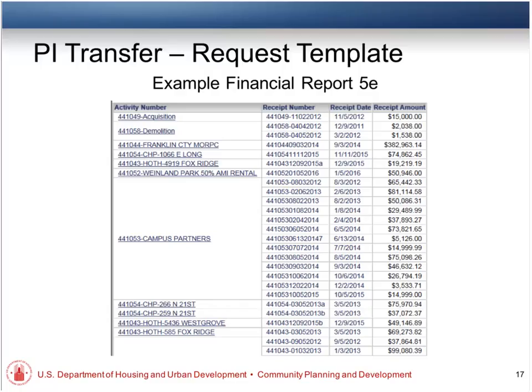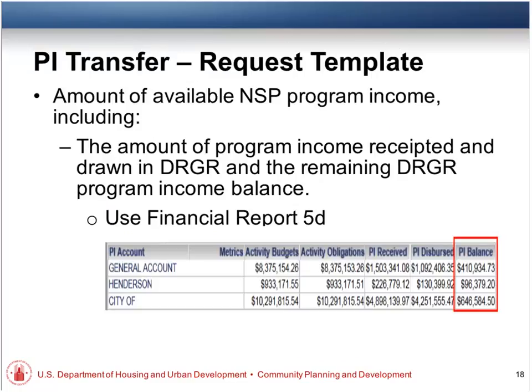But that's right. I think the guidance just says that you should try to reduce the most recent PI receipts first. And so that's exactly what you do. You'd look for your most recent receipts and then just keep tallying them up until you get to the $1 million that you'd like to transfer. And then you would identify which activities all those receipts came from, and then those activities would be listed on Attachment A.